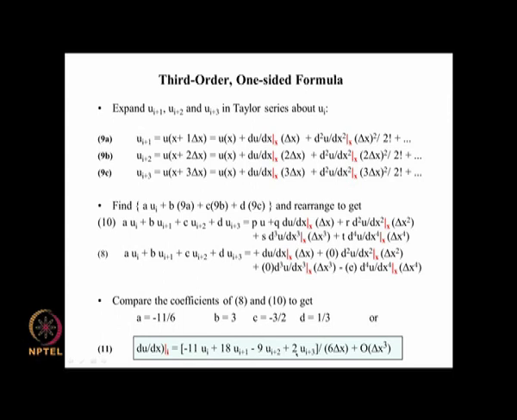And in this thing on a uniform mesh, when we derive it using this Taylor series like this, we will notice that the sum of all these coefficients will be equal to 0. So you have minus 11 plus 9 minus 9, so that is minus 20, and you have 18 plus 2, 20. So the sum of all these things, so that is a plus b plus c plus d will be equal to 0 here. So that is one quick way for us to verify that we got the right kind of formula here.